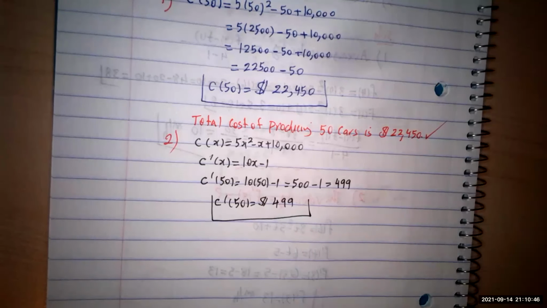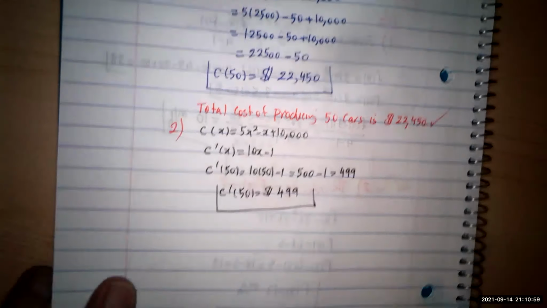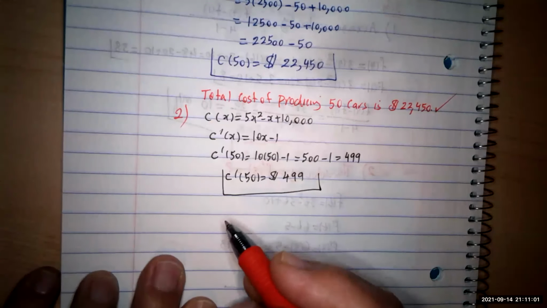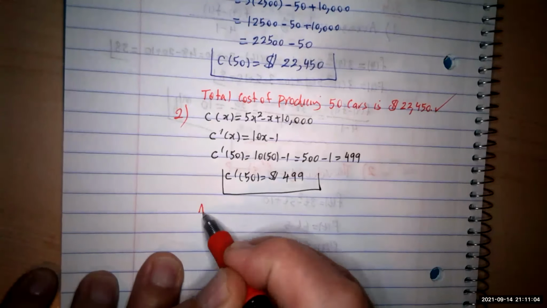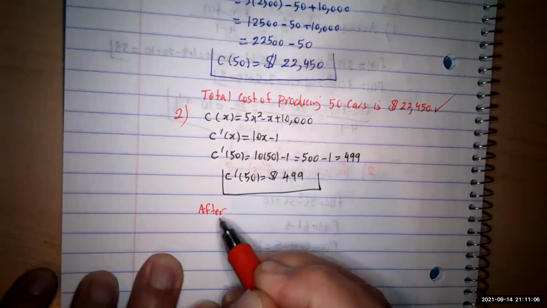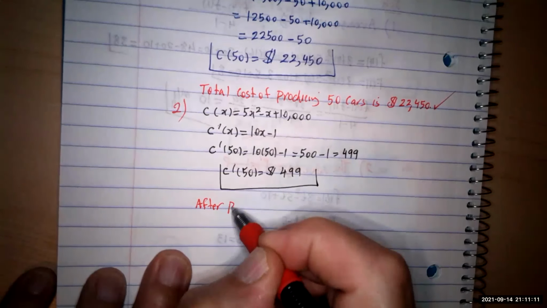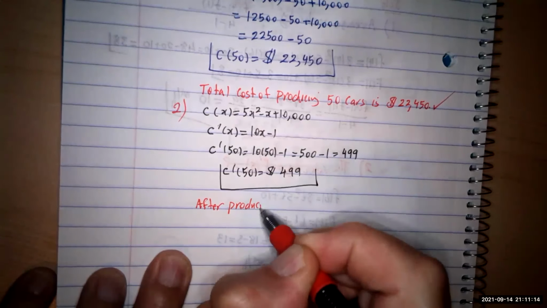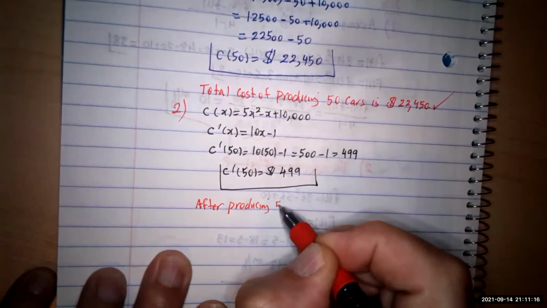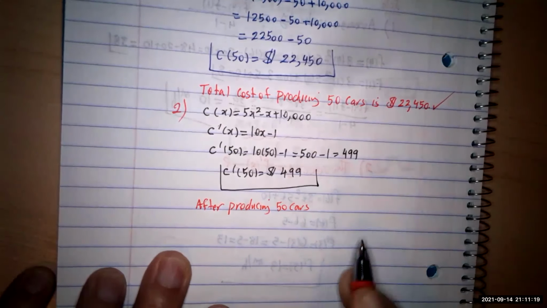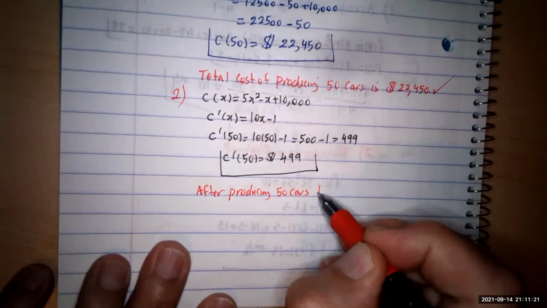But you have to use the estimate, because when we talk about C prime, it is an estimate. When we talk about C, it is exact. In the problem in your book, they use these two expressions, both of them together. So one way to do it, this is going to be the case. I like this format, but anything close to it will be accepted. But you have to give us the level of production: after producing 50 cars, at this level of production, the production cost,